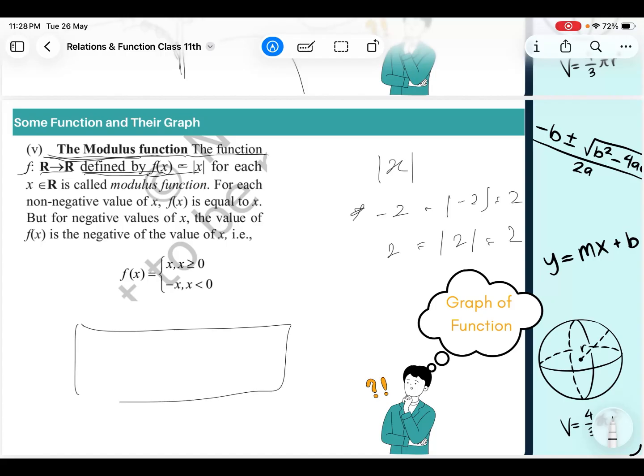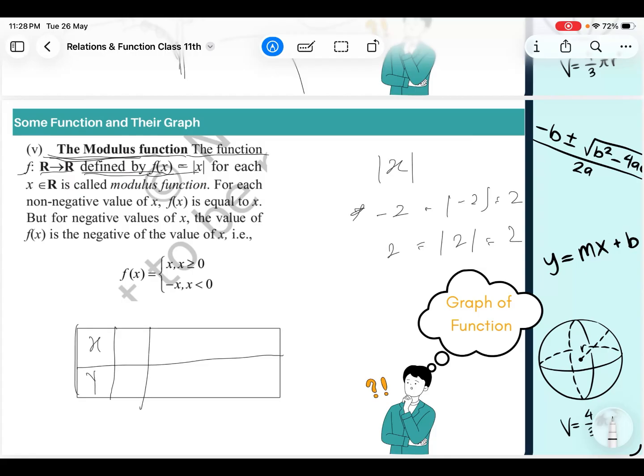So if you have a table, everything is about only that: if you put something in x, what will be the value of y? If you put something in x, what will be the value in y? Everything is about this only. So for each x belongs to R, means all the x here will belong to R, is called a modulus function. For each non-negative value of x,